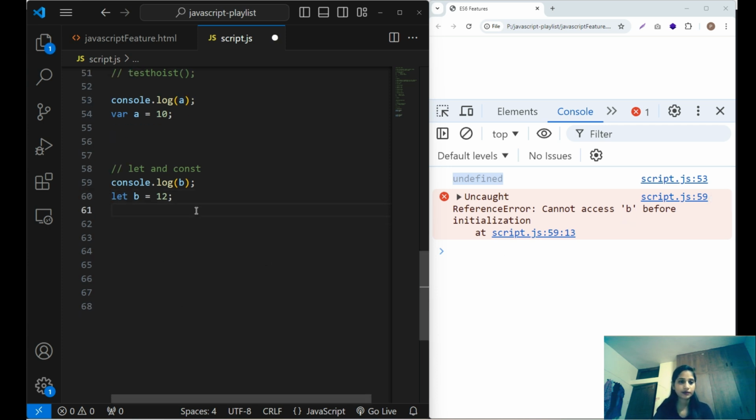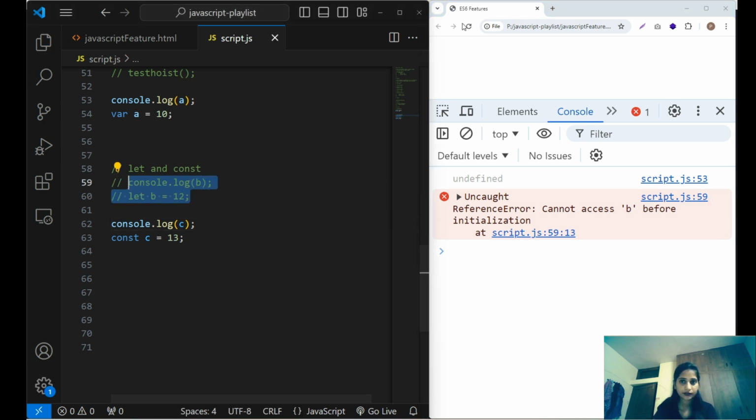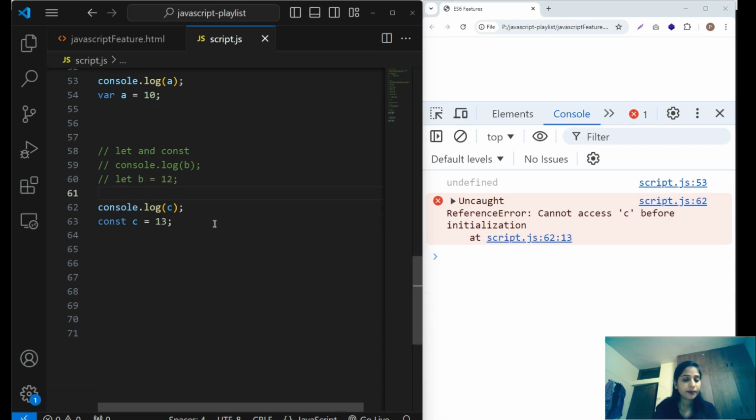And in the same way with const, if we try to access the value before initialization, it also gives us an error: cannot access a before initialization. In let and const, the variable is also hoisted, a feature of ES6, but we cannot access the value before the initialization because it is in the temporal dead zone.